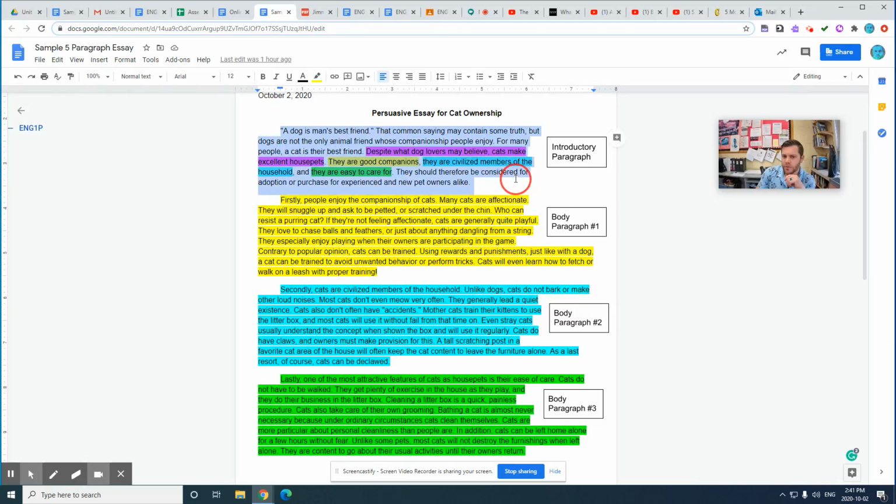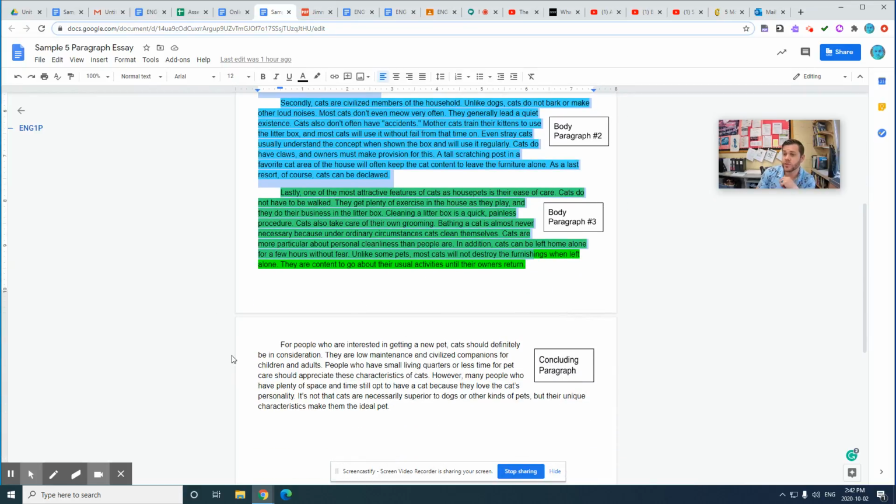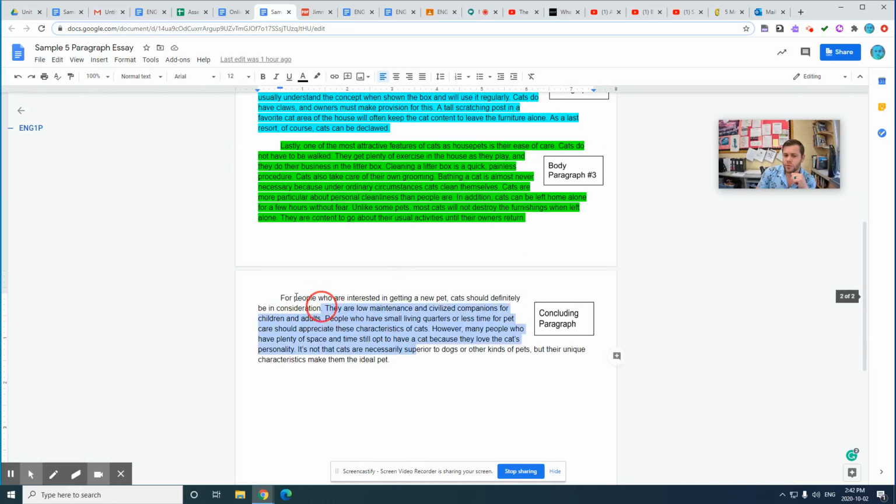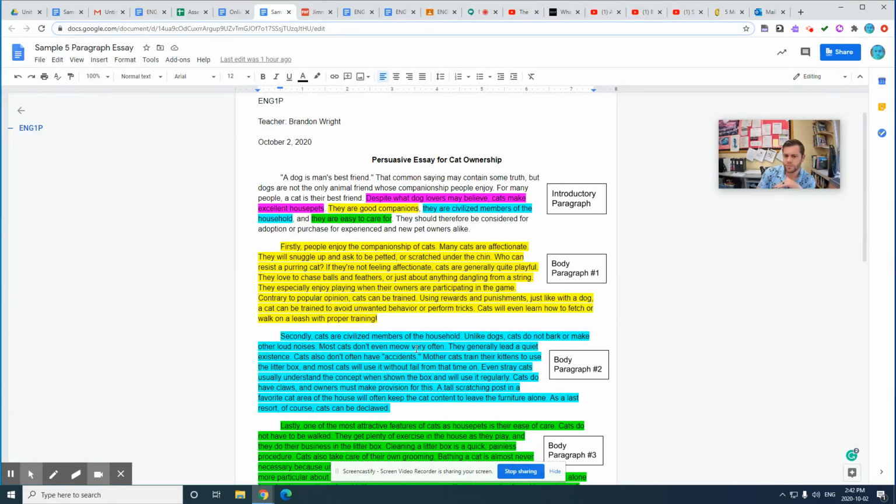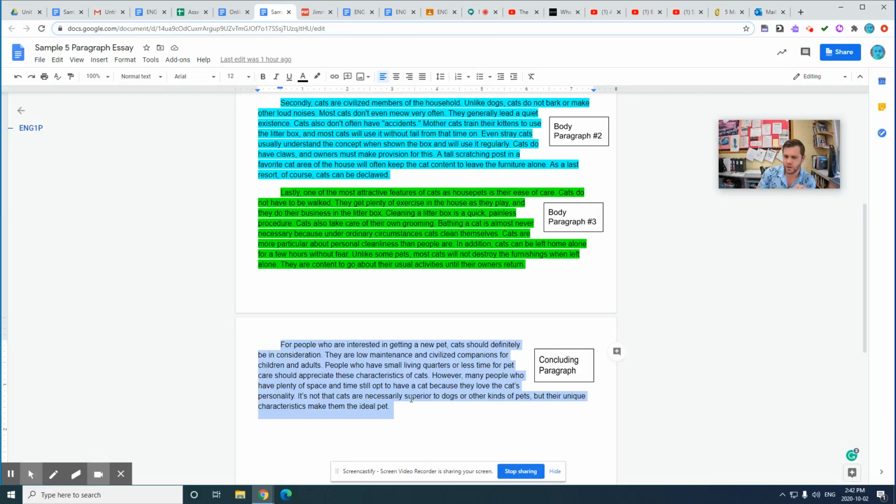So think of this as your topic sentence, your supporting details, and then finally, instead of a concluding sentence, there's a concluding paragraph. This is where we review all the things that we've mentioned throughout the article, like how they're low maintenance, they're easy to care for, they're civilized, and they're just overall good companions. So this paragraph is essentially a review for your whole essay. So you're not bringing up new information here, but you're summarizing in your conclusion what you're talking about and restating